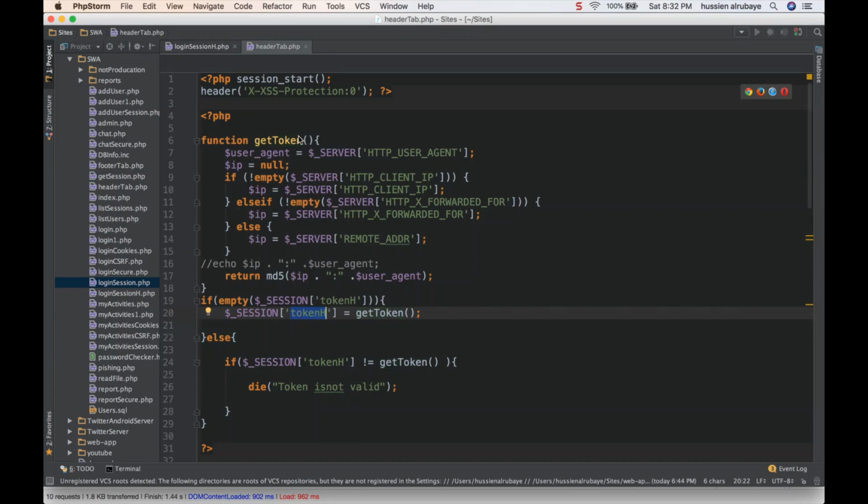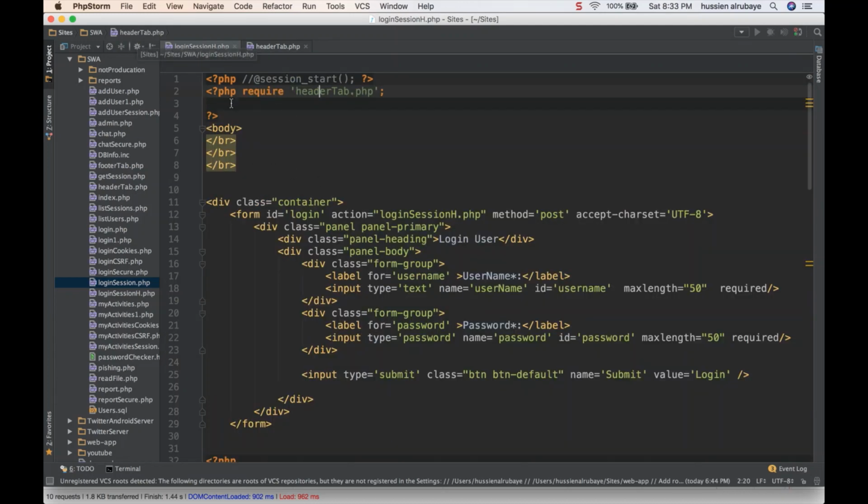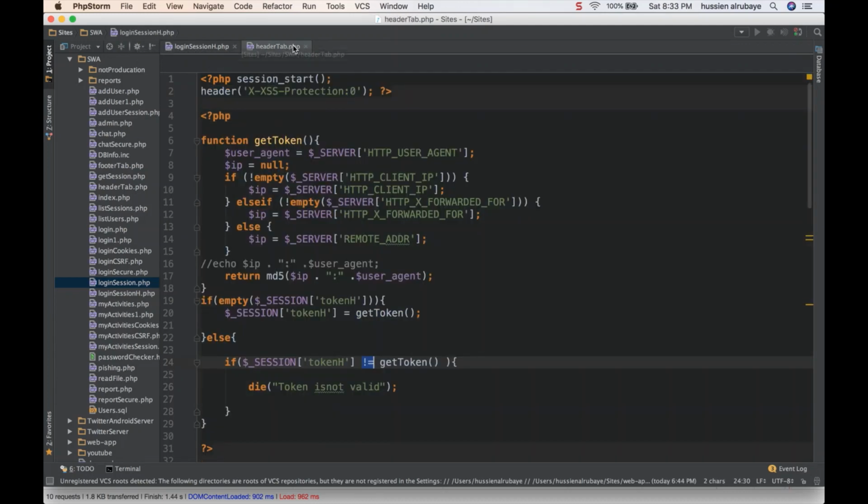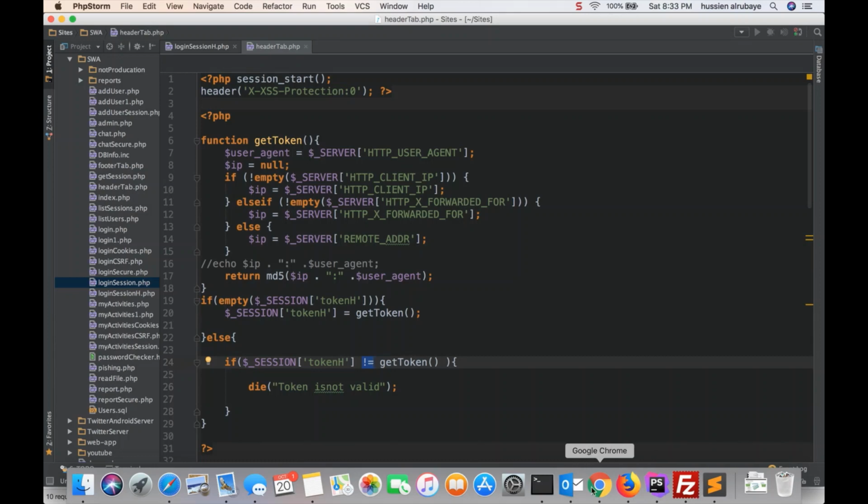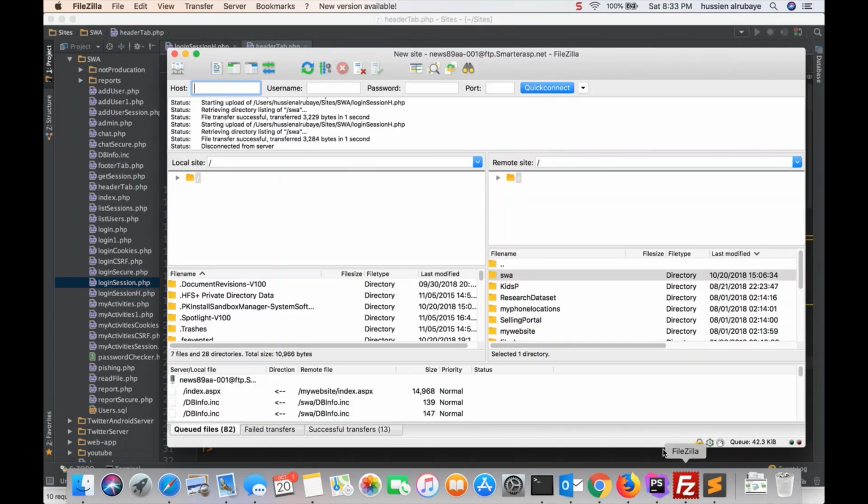Anytime I request any other page, the server checks, hey, there is a token, yes, it is the same user, okay, I'm trusting him. If someone else tried to take my token and go to a different machine, it will not be equal, so he should be stopped from doing anything. This will work on all the pages, not only on the session page. So what I need to do is go to FileZilla,